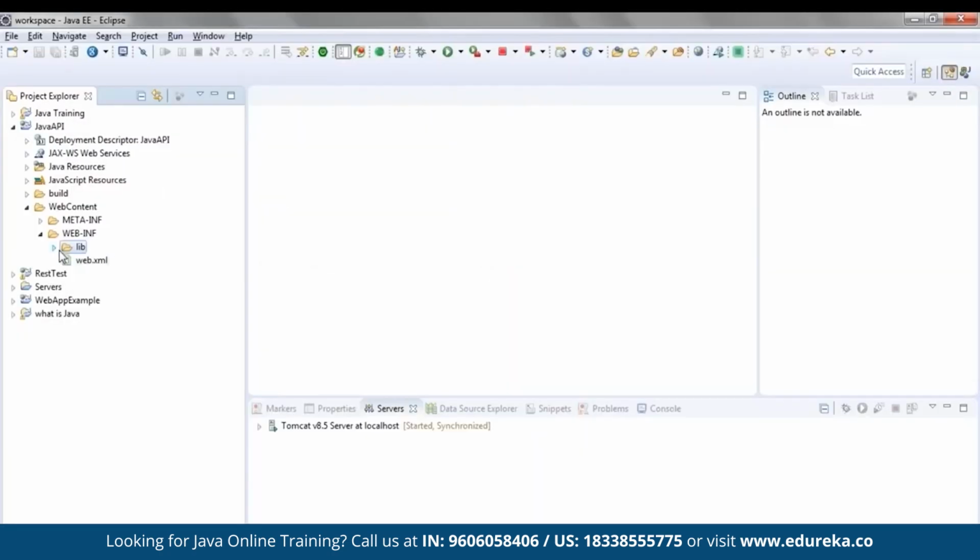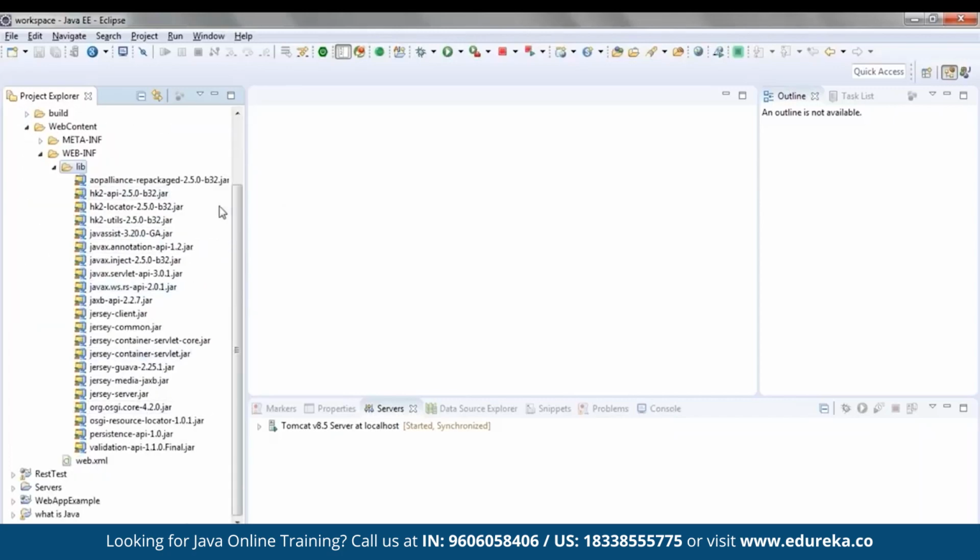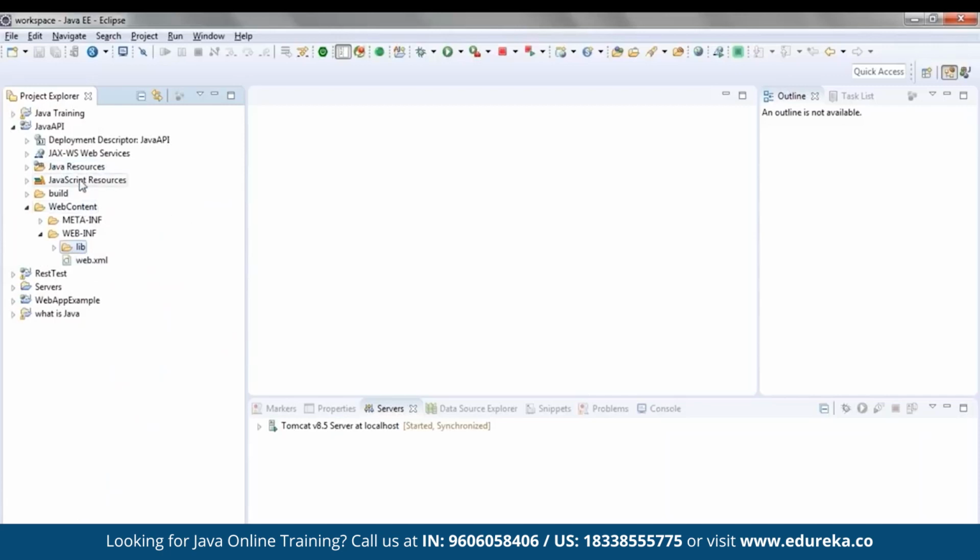Make sure you are adding all the jar files present in all the 3 folders inside your library folder. This is very important because if you don't follow this step, then your RESTful web service will not execute properly. So make sure you have added all these files as part of your library folder. Now that all of you have added these files, let's go back to our Java resource